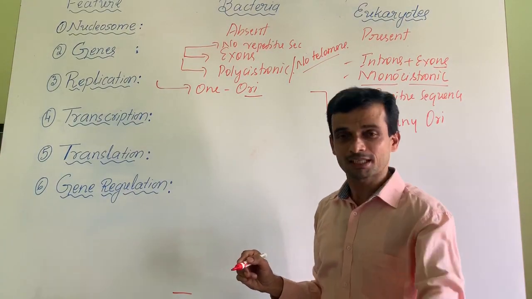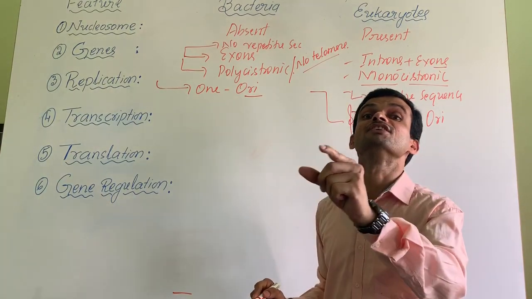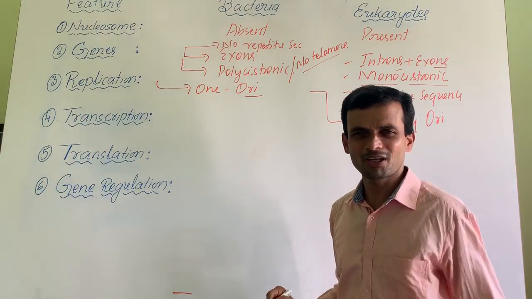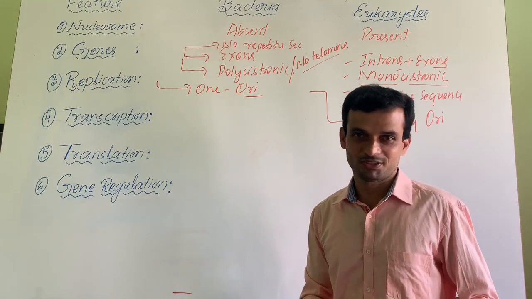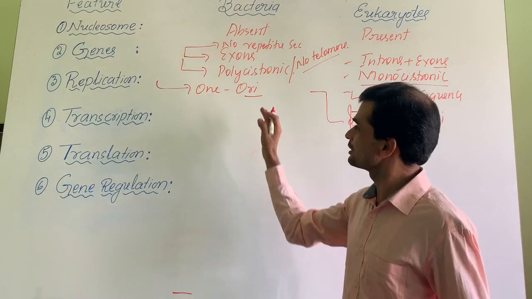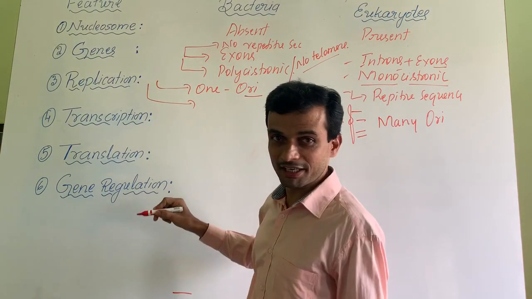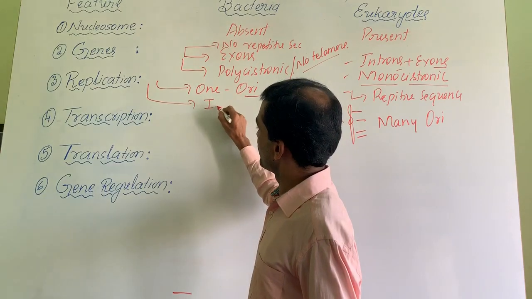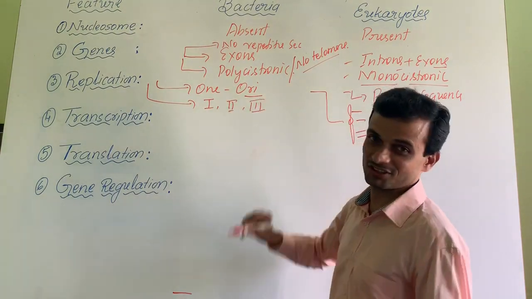That is the point where DNA replication begins. That is the point where DNA polymerase starts replication. What is DNA polymerase? DNA polymerase catalyzes the replication process. It starts from a specific point called ori. In bacteria, replication of DNA requires DNA polymerase 1, DNA polymerase 2, DNA polymerase 3, the main enzyme being this.